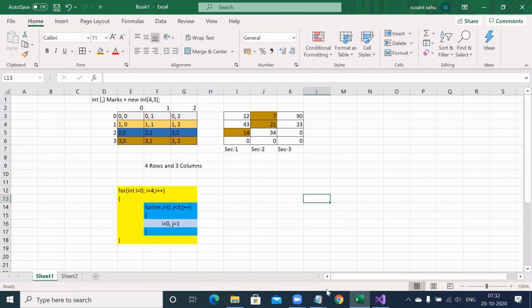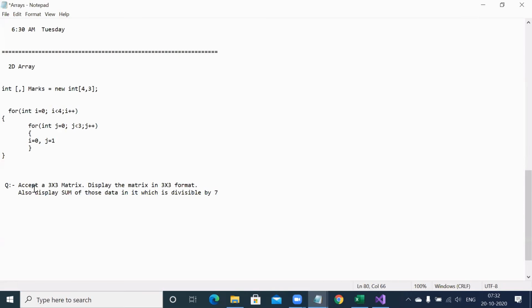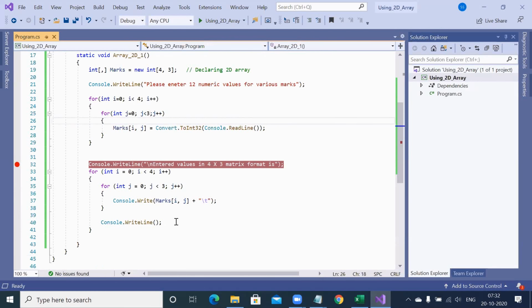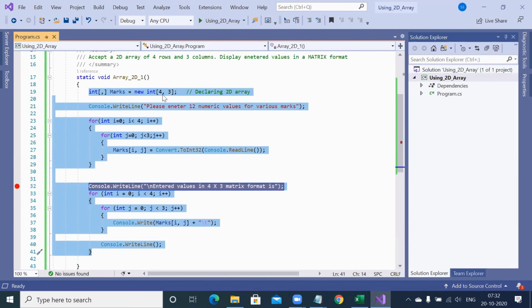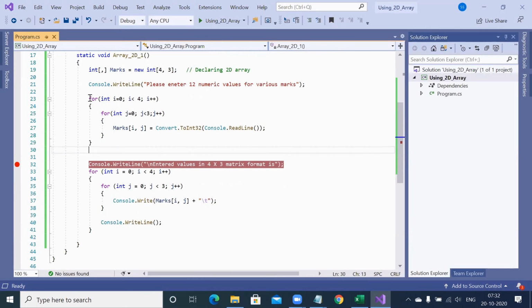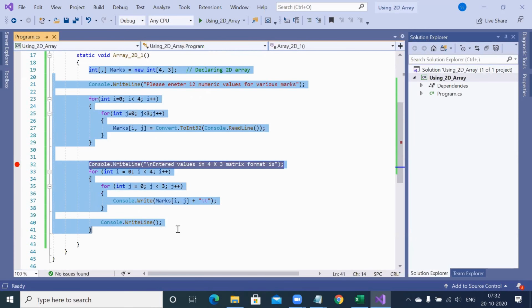Okay. So first part is exactly a carbon copy of your existing Visual Studio program that I already showed you. You simply copy paste this. Only difference is here I have taken 4 by 3. You have to take 3 by 3. Is that clear? Little hint also I am giving because it's your first program in 2D array. So here you have to say 3, 3 instead of 4, 3. Here also less than 3 instead of less than 4, and so on. That means first part is exactly the same carbon copy.